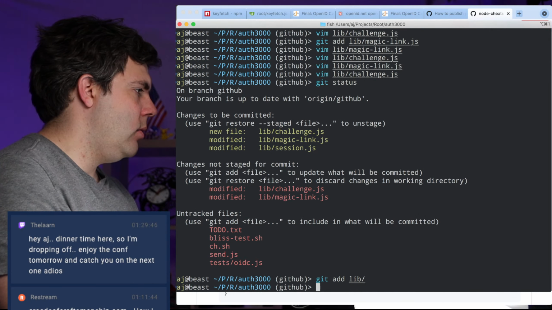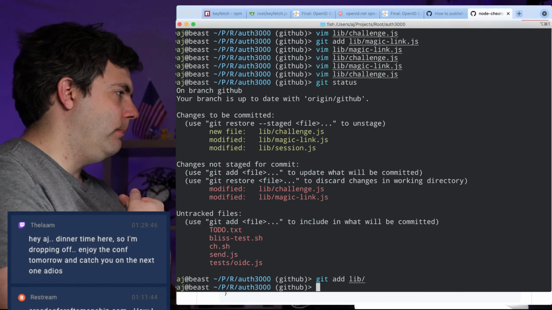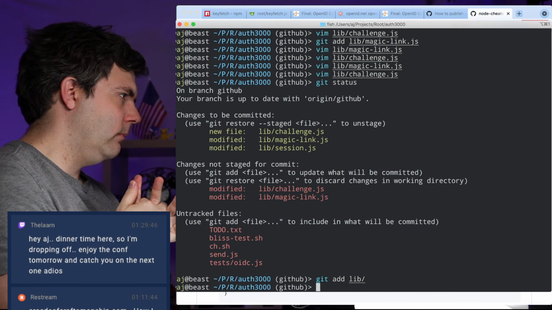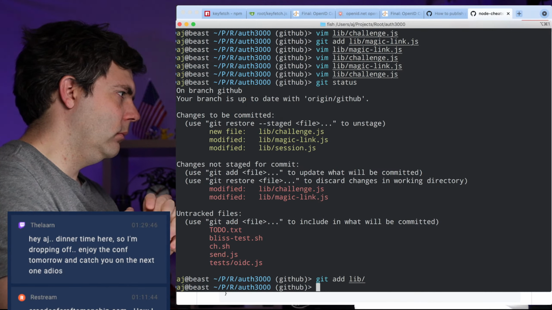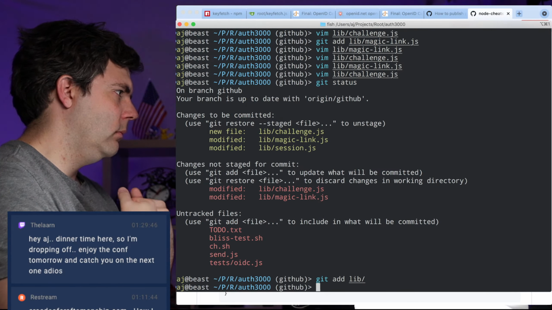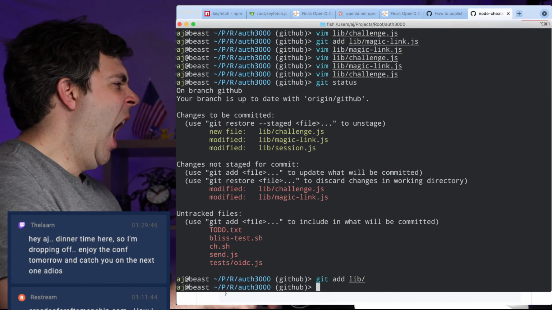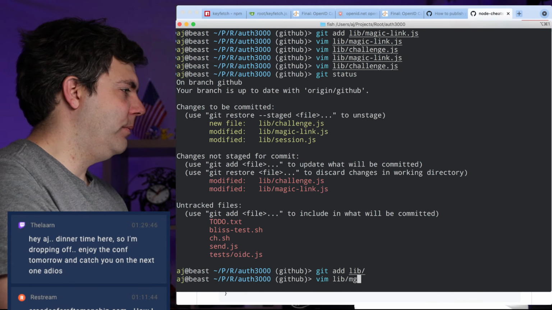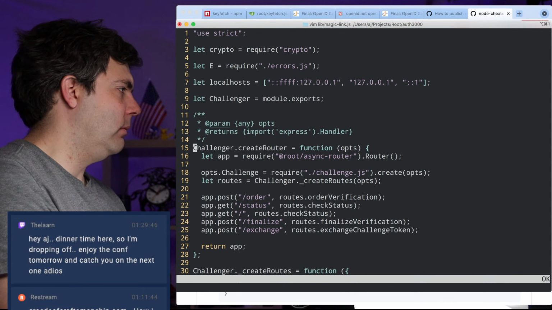I just need to change the name of this from Magic Link to something else. I like the idea of calling it Challenger because it's the challenge router, essentially.